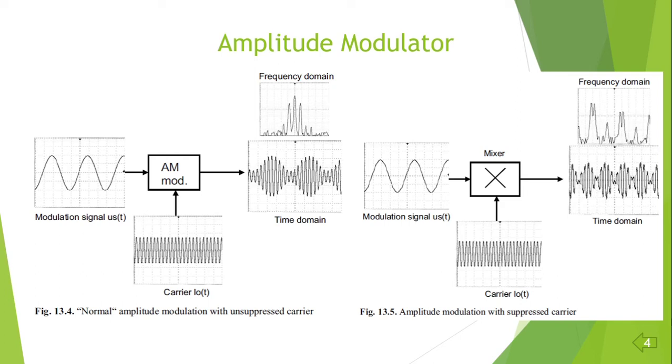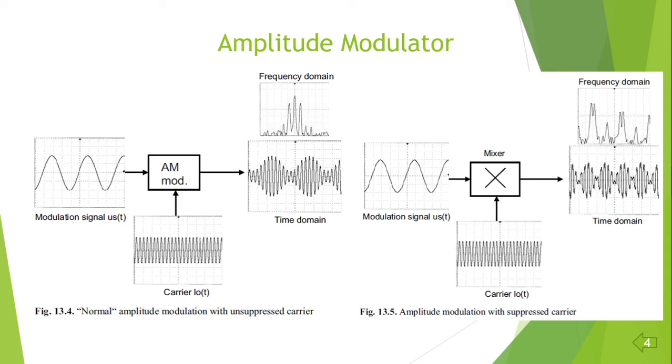The modulation spectrum with a carrier signal at 1 MHz with the two sideband signals at 1 kHz above and below the carrier will be obtained. The bandwidth is 2 kHz in this case, because left hand side 1 kHz, right hand side 1 kHz. So put together it is 2 kHz is the bandwidth.